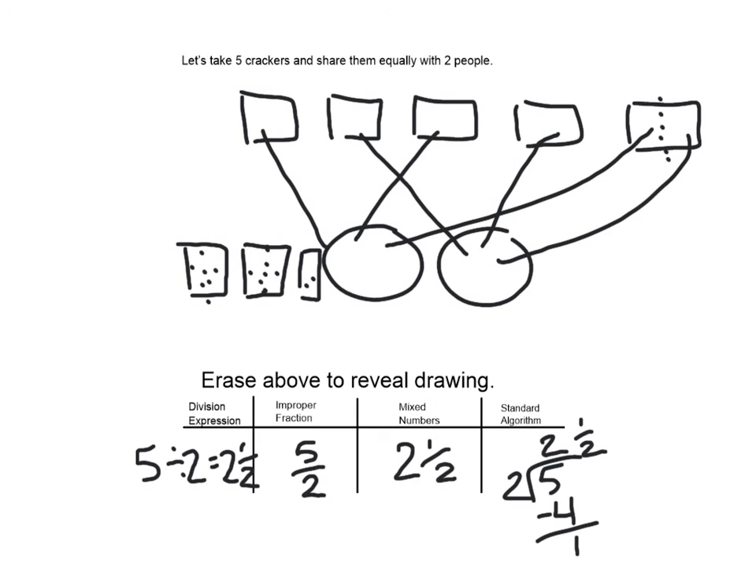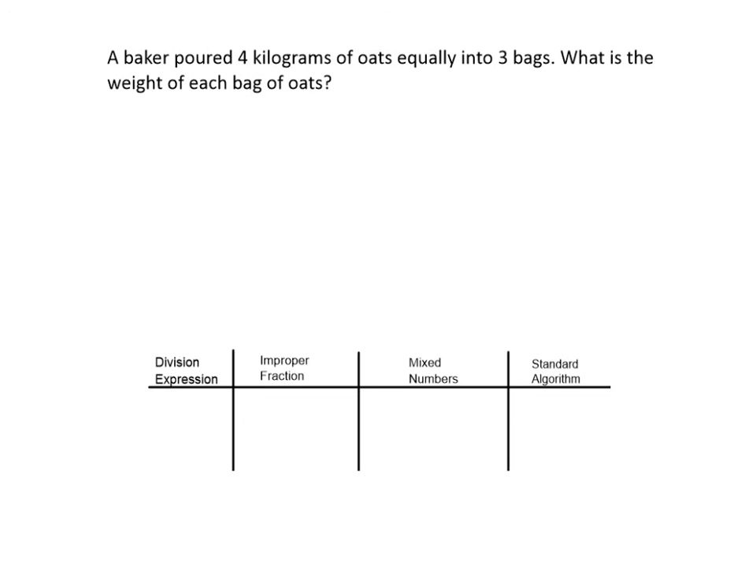Now I'm going to have you try one by yourself. Before I send you to try this problem, let's figure out what we're splitting. So a baker poured 4 kilograms of oats equally into 3 bags. What is the weight of each bag of oats? So we've got 4 kilograms of oats going into each bag. So we're going to split the 4 kilograms, so this would be your drawing, 4 kilograms